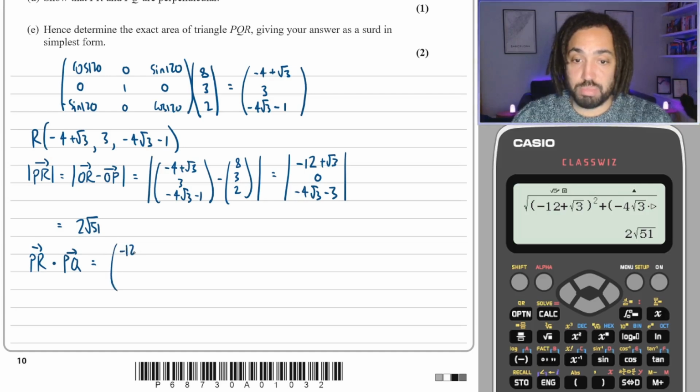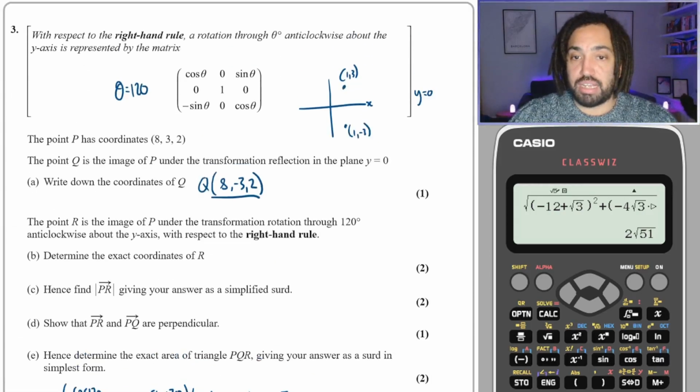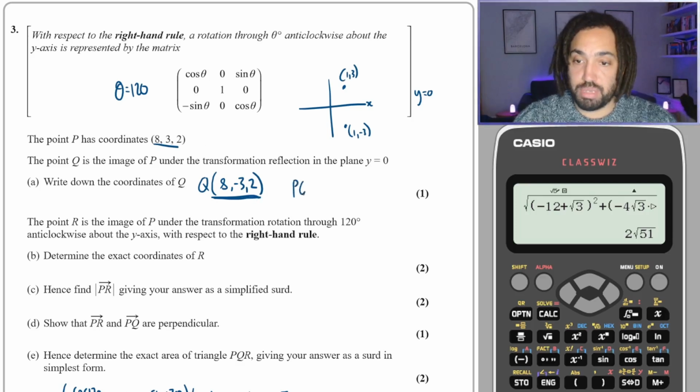So I need to dot PR, which is this one, with PQ. Now what's P to Q? Okay, so let's look at P and Q. So P is 832 and Q is this 8 minus 32. So when I do P to Q, I'm obviously doing Q minus P, which is going to give me